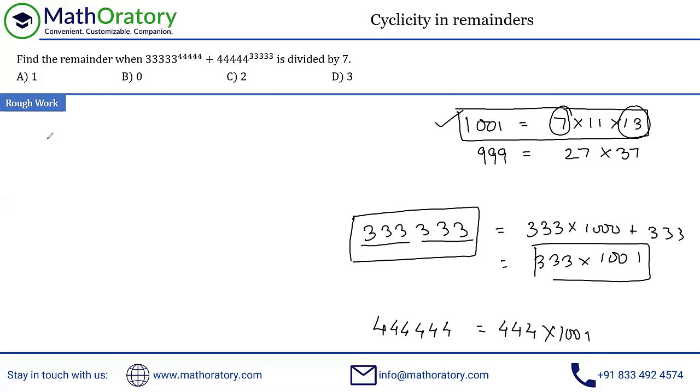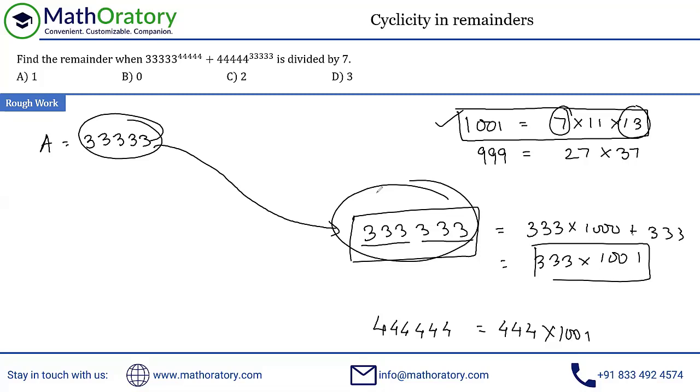What I'm going to do is first indicate this 3 3 3 3 3, these 5 3s, as a. So just bear with me. Think about how to transfer from here to here. There are two ways we can do that. One way is we plug in a 3 on the leftmost side. The other way is we plug in a 3 on the rightmost side. Now, the rightmost side might seem a little funny to you, but that is the smartest way to do it. So it's very easy to do.